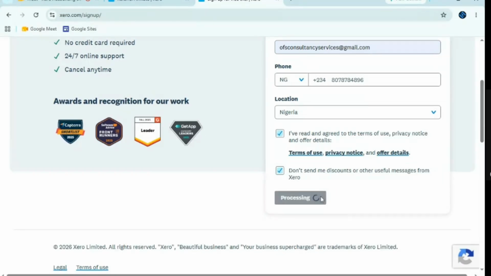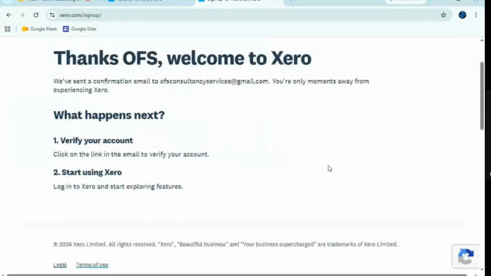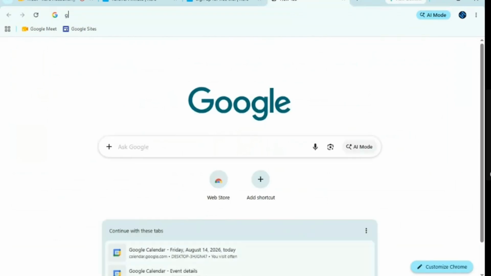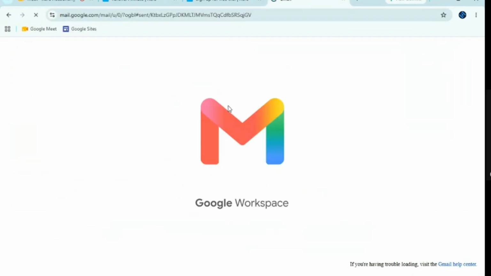So click on next, and the speed of the process depends on your network. If you're using Glow, you shall look here. If you're not using Glow, it's fine. Then okay, you'll be sent a link to verify your email address. Unlike QuickBooks and Zoho Books that we've done before, Xero will send you a mail. So I'm going to my Gmail now. When I get to my Gmail, it's opening. But when I get to my Gmail,